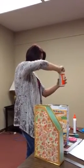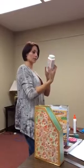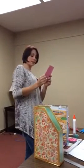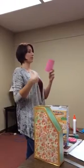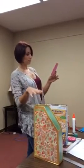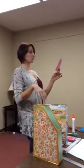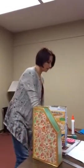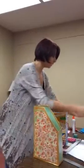So there's plenty of different formulas. This is the classic gloss formula. I'm glad there's a glossy finish. Let's see, there is a matte, there's a satin, which is a soft finish, there's a fabric Mod Podge, there's scrapbook, there's sparkle, there's glow-in-the-dark Mod Podge, there's outdoor Mod Podge, which is even more waterproof than this. I'm going to demonstrate now how we're going to